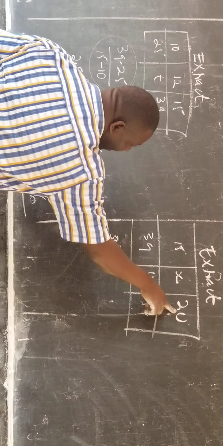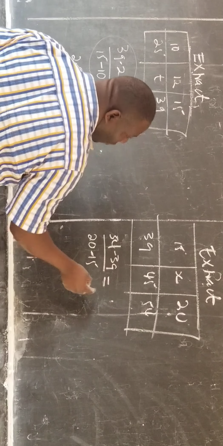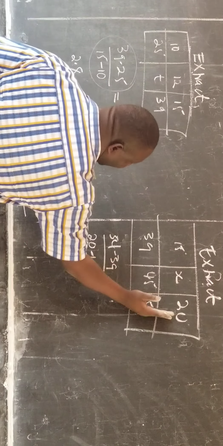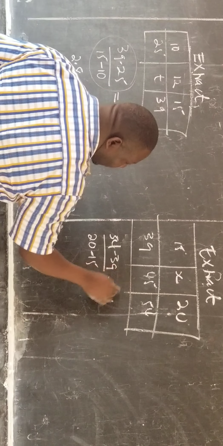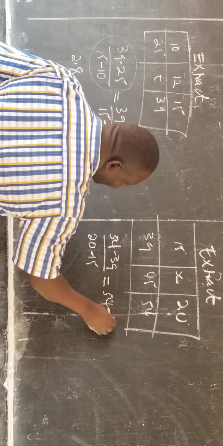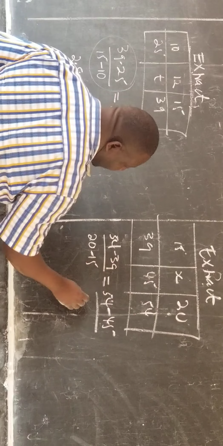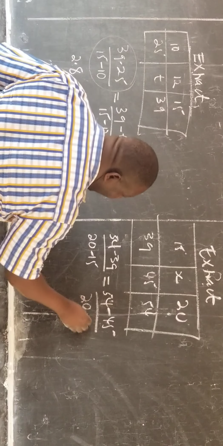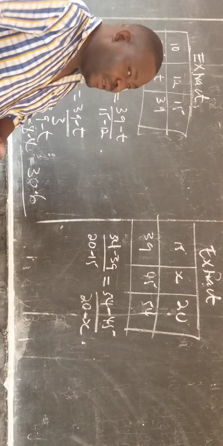Then over the change in x, which is 20 minus 15, we can choose to compare this one and this one. So if we choose to compare this one and this one, it will be the change in y, which is 54 minus 45, over the change in x, which is 20 minus x. So when we use the calculator there,